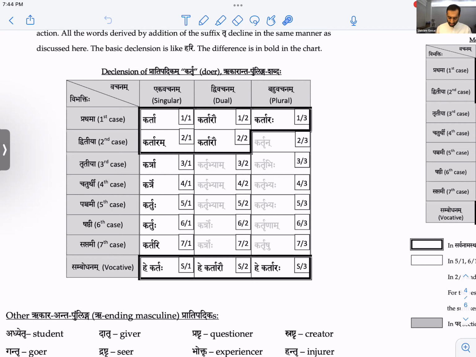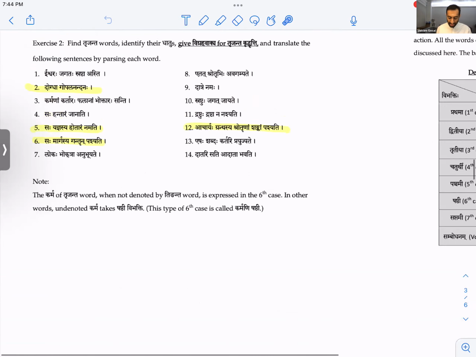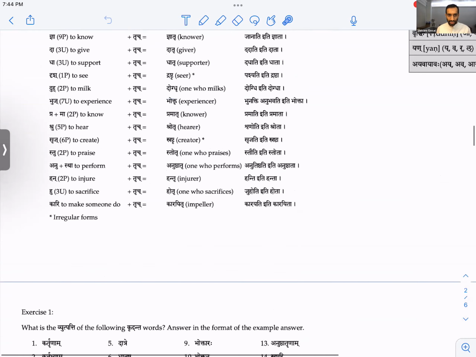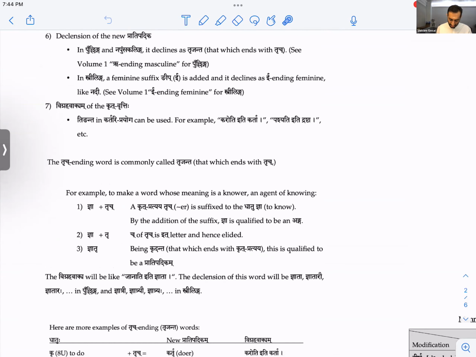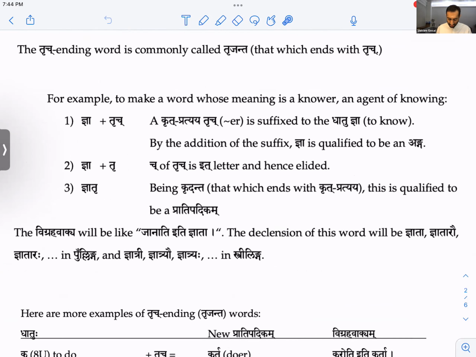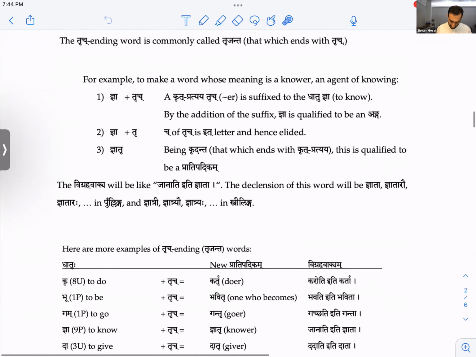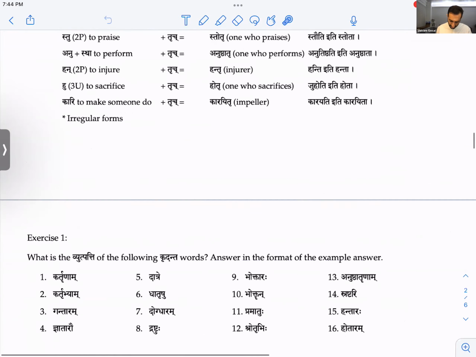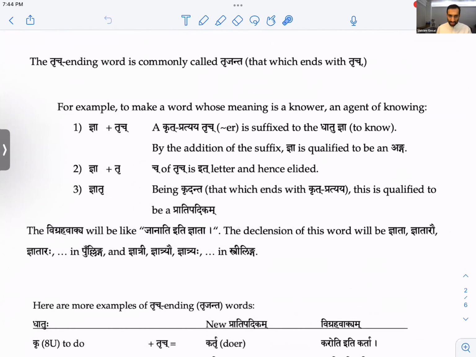So I'm going to go back now that we looked at that declension chart. So that's how it declines, right? It declines just like Kartru Shabda. Okay. Let's look at this example of Nyatru. Sorry. I thought we had an example where it shows Kartru. Okay, but let's just first look at this one, and then I'll show you Kartru.